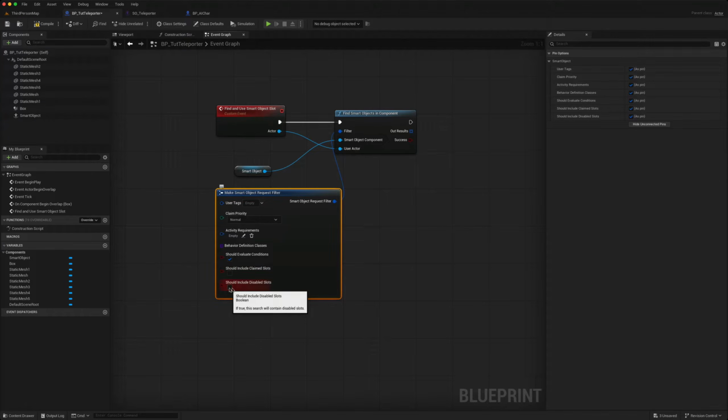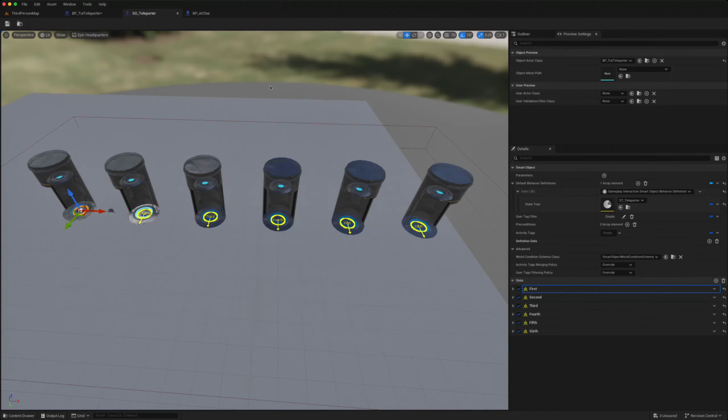If you've disabled slots, you can tell it whether to find those slots or not. You can also create these activity requirements. So as it says, only return slots whose activity tags are matching this query. Now where are those tags set? Well, they're set in your teleporter